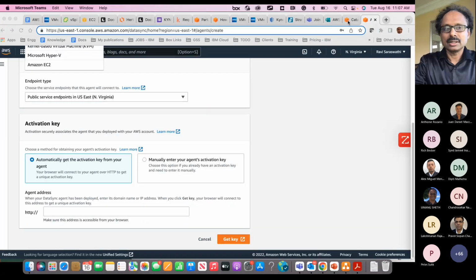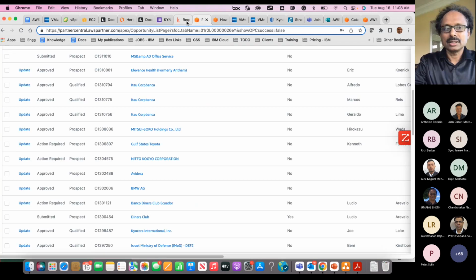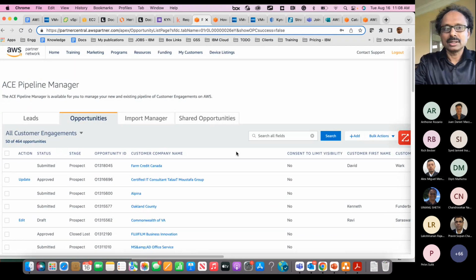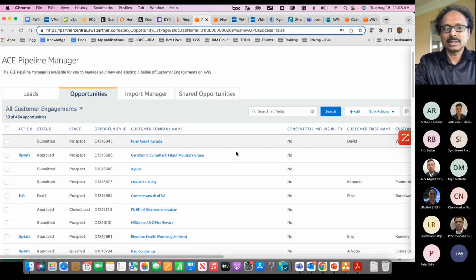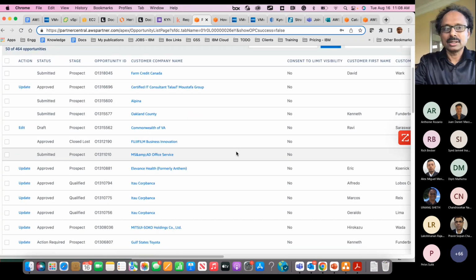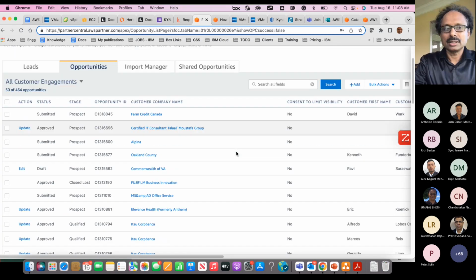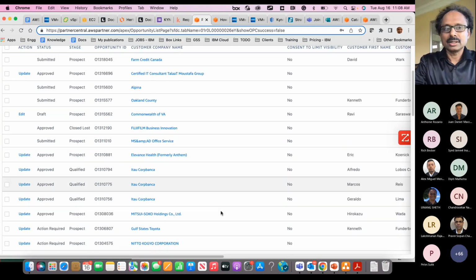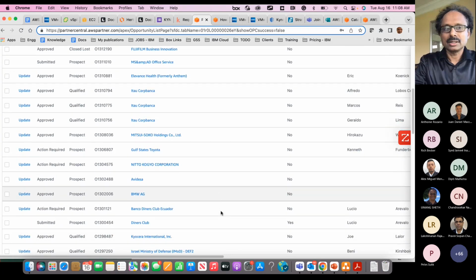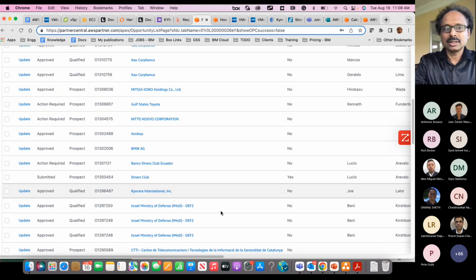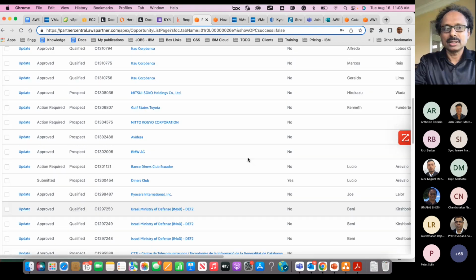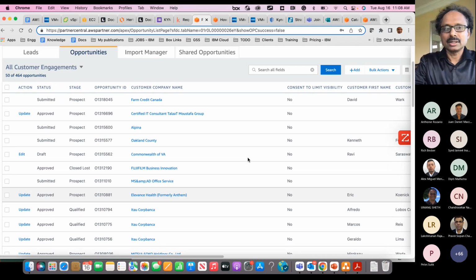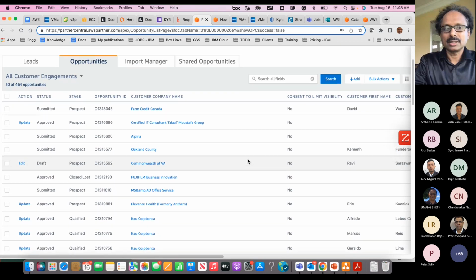Actually, I listed a couple of links here. Let me just show it here. If you look at the Kyndryl registration form, once you register it, basically my team will be able to see all the opportunities that come through the partner link website. So we should be able to see all the opportunities that are in progress within Kyndryl for AWS, and we should be able to assign appropriate resources and help you in order to move and assist, providing the solutioning and pricing.